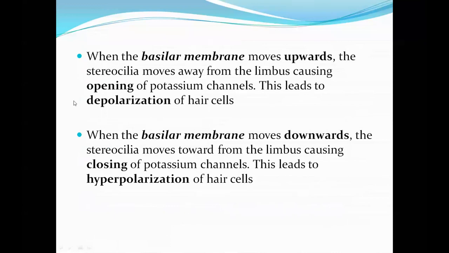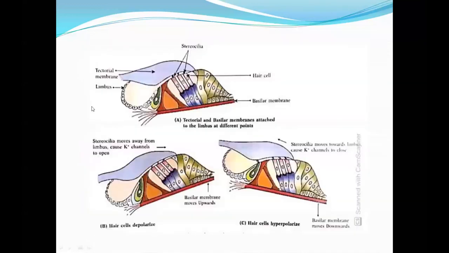See, in this diagram we can see this is limbus, this is tectorial membrane, these are the stereocilia, these are the hair cells, inner hair cell, outer hair cell, rods of Corti, tunnel of Corti. Tunnel of Corti is filled with perilymph, and